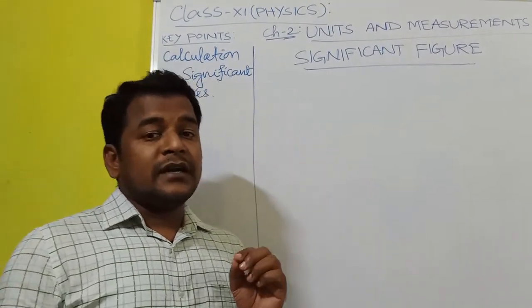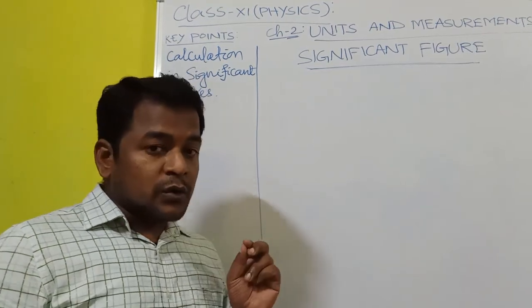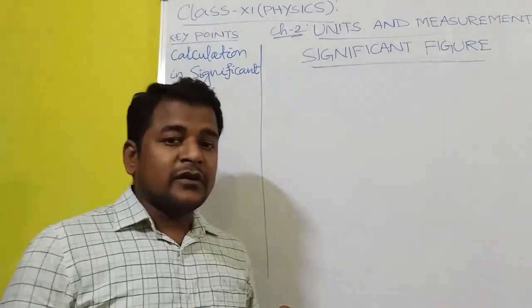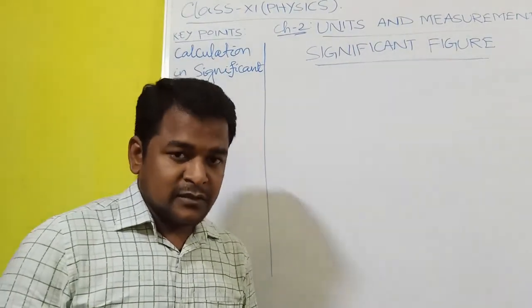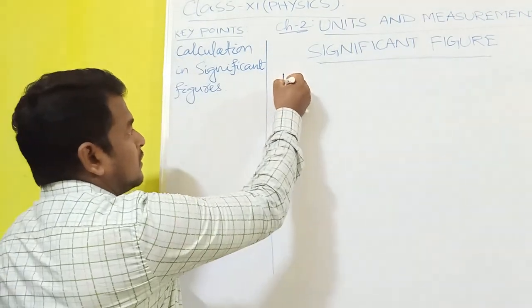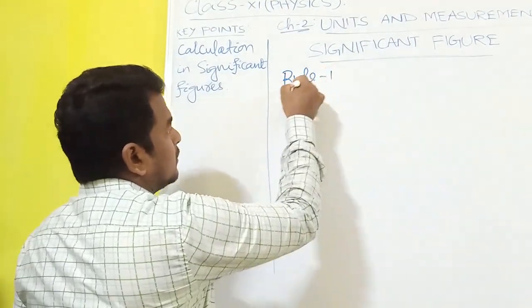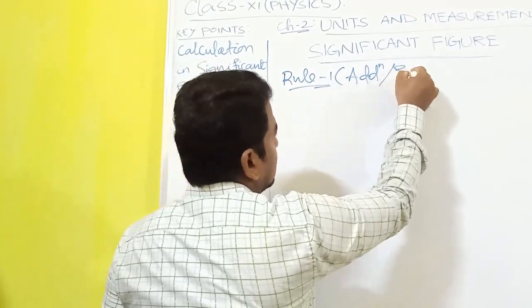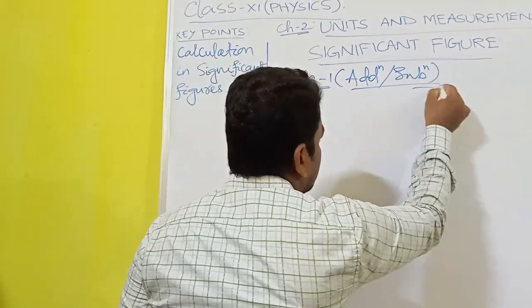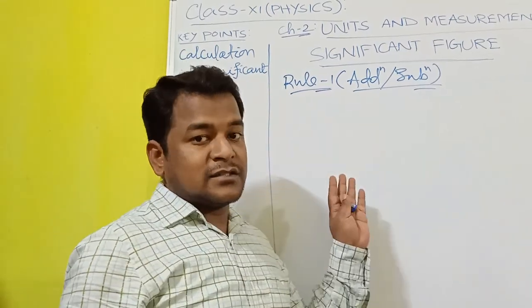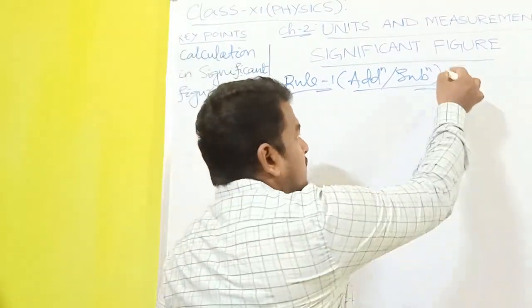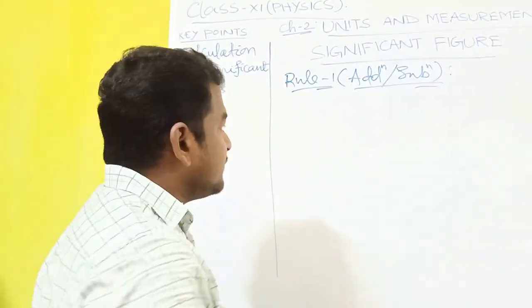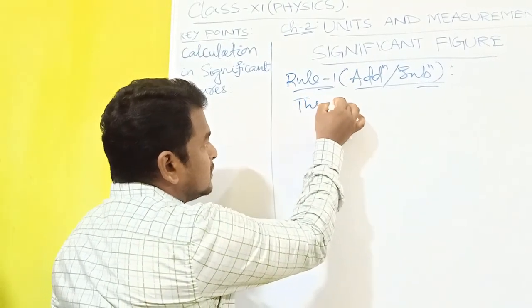There are two rules. Rule number 1 is applicable for addition and subtraction. It states that the final result